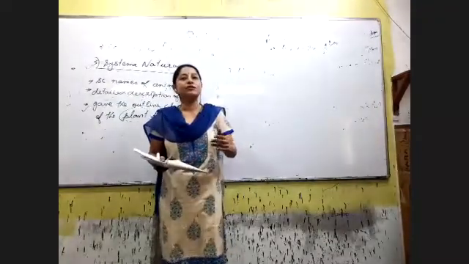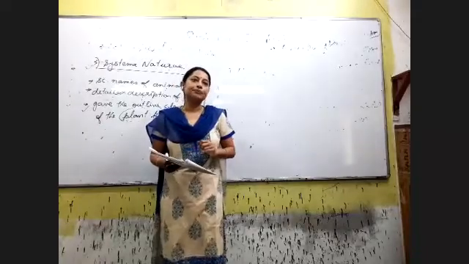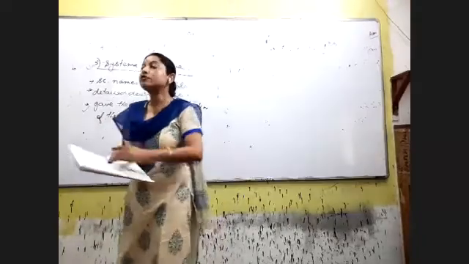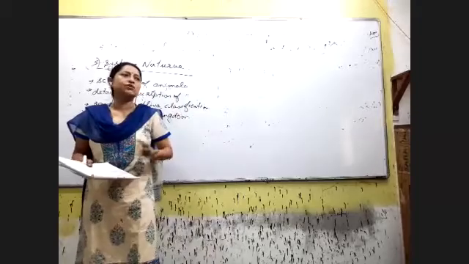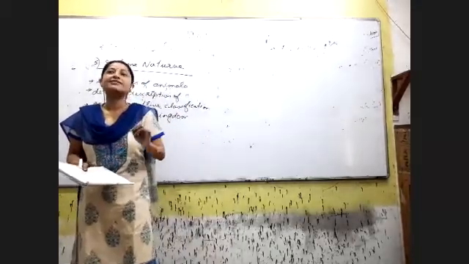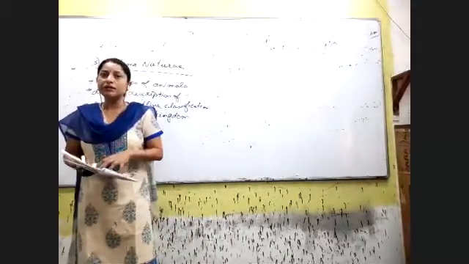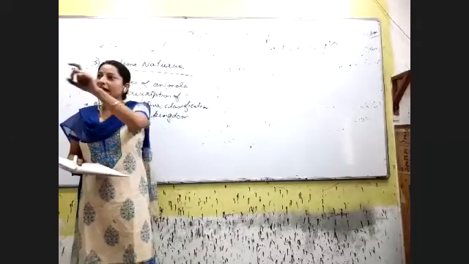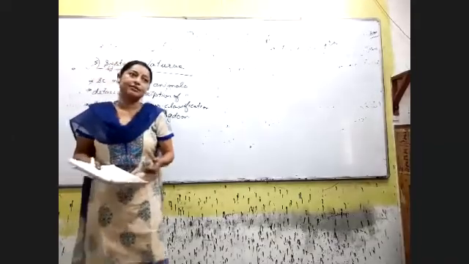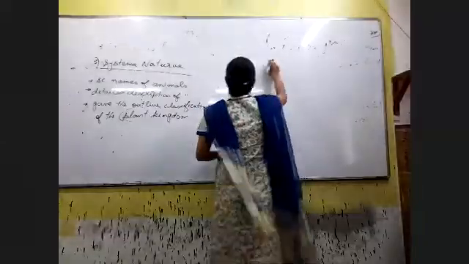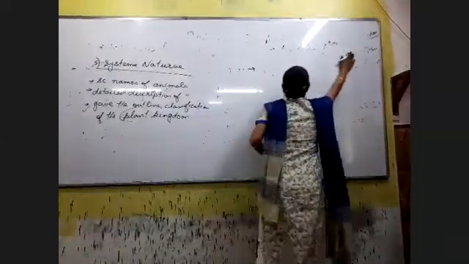So if a question is asked, identify the contributors of 2 kingdom classification, who are the contributors? All the primitive workers, obviously Aristotle, obviously Theophrastus, obviously Carolus Linnaeus, right? So what do you need to remember? The name of the classification system and the workers behind it. So 2 kingdom classification. Next point about Linnaeus, he has given